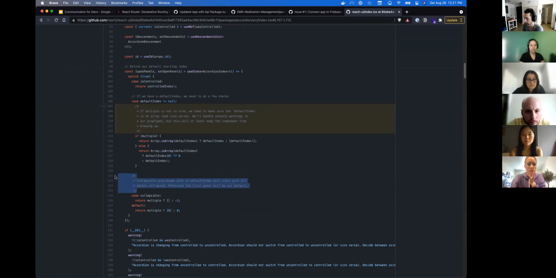This here as well, adding context to what this collapsible accordion does and why you need to add these cases here. Because it could be confusing without this comment, like why is this -1? What does this mean? So adding comments such as these are very helpful for these types of things.